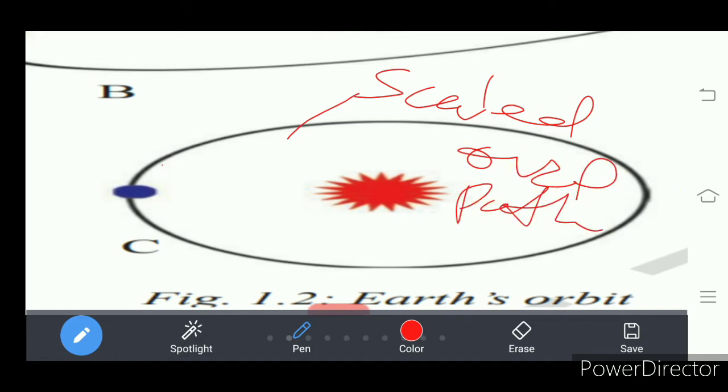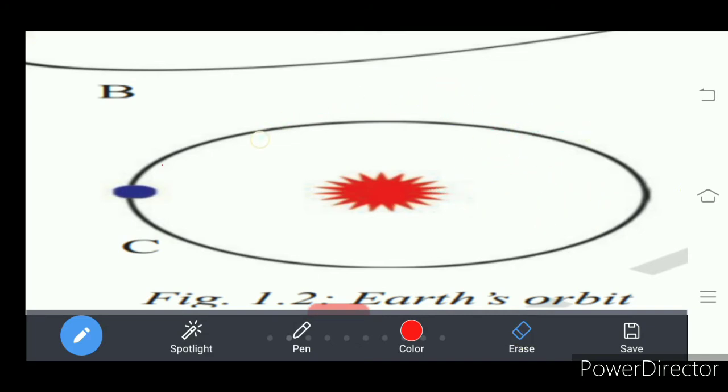Understand? The orbit of the Earth is not a circular path, but an elongated oval path. Then how is the orbit of the Earth? It is a scaled oval path. Understand? What do you mean by scaled oval path? If you look at and observe this scaled oval path, you will find that there is